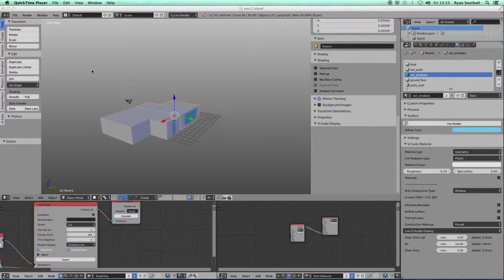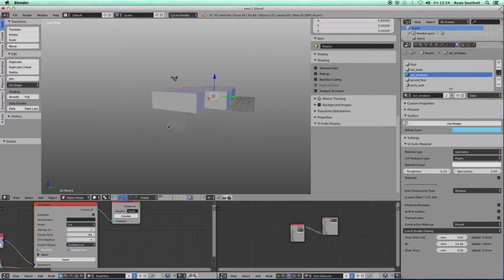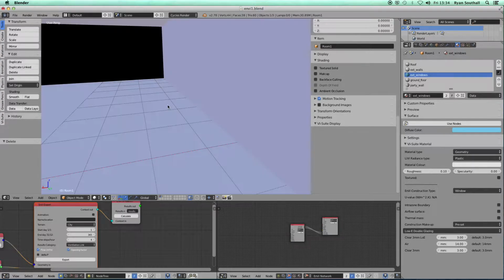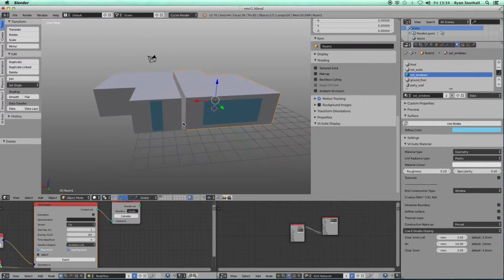Hello and welcome to this version 0.4 video tutorial. In this video tutorial I'm going to cover how to set up a natural ventilation airflow network within NV for simulation in EnergyPlus. So I've got here the two zones I set up in a previous video tutorial, and